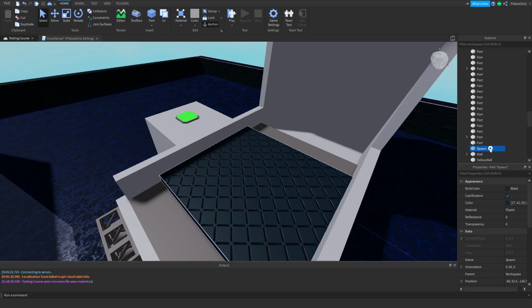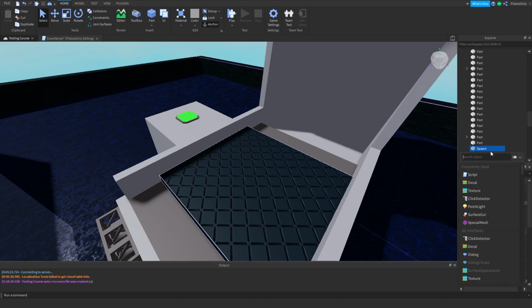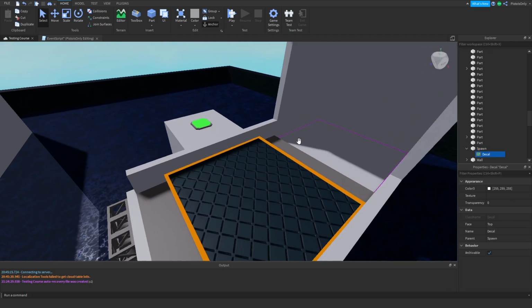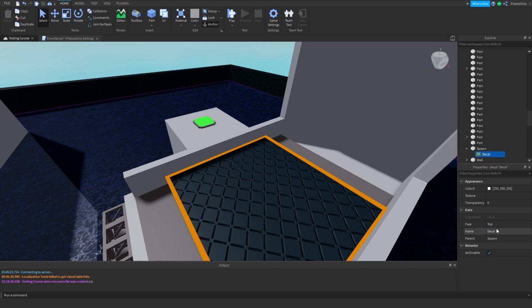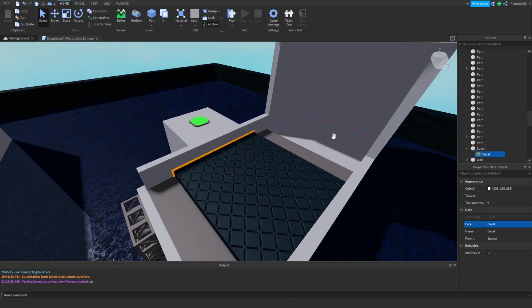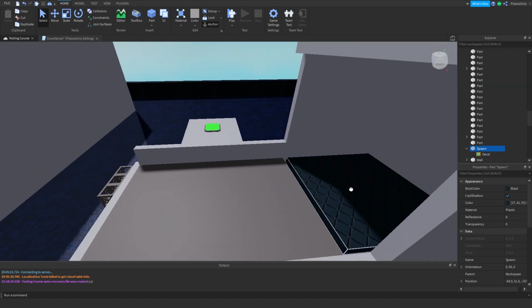And to figure that out, a good way to do that is to simply grab a decal, put it anywhere on the part, and you can see in the Properties tab, there's a data class for the face of where the decal is. You want to switch that to the front. And we can see that the front of the spawn right here is facing this direction. So if I were to simply put this back in here,